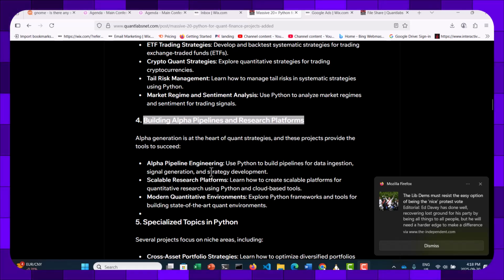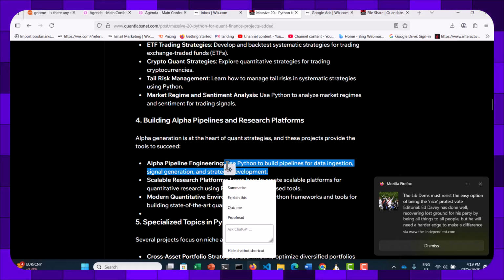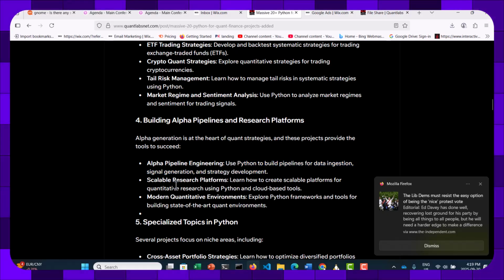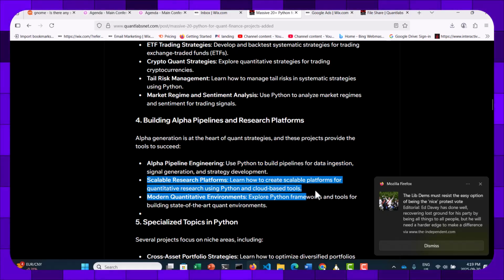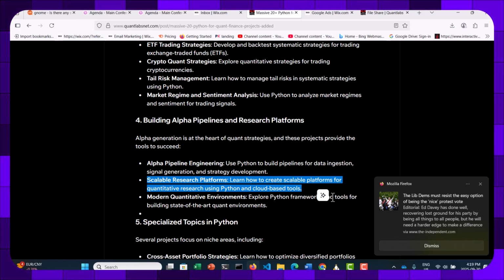Pipelines is just one of these industry things, but generally it's a complete template on how to do data ingestion, generate your signals from there, and then develop your strategy from that. AI can do all that depending upon what you prompt it. We've also got the ability to build out, I don't go very deep on this one, quant research platforms you could build using Python or other cloud-based solutions.